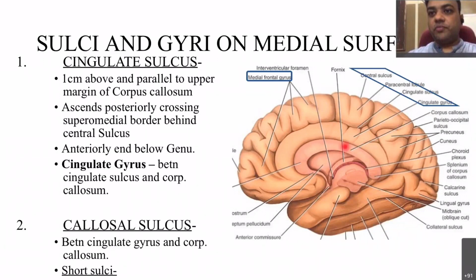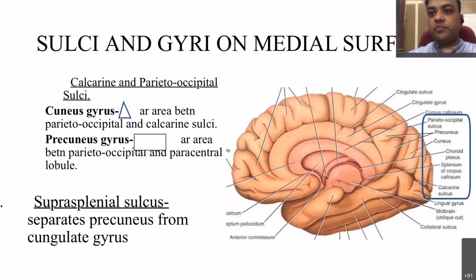Now this is the corpus callosum. So between the cingulate gyrus here and corpus callosum, again there is a sulcus on either side. तो समझ लो राइट साइड का हेमिस्फीयर है, तो this is the right callosal sulcus. This one. ठीक है, तो between cingulate gyrus and the corpus callosum. ओके, तो क्या क्या जगह यहाँ पे cingulate sulcus, corpus callosum, cingulate gyrus, callosal sulcus. तो पहले corpus callosum, callosal sulcus, then cingulate gyrus, then cingulate sulcus will come.